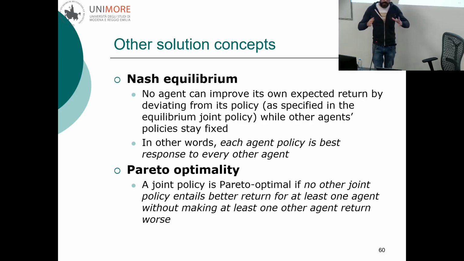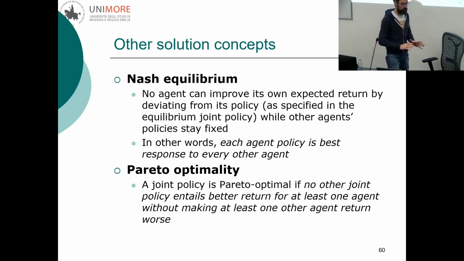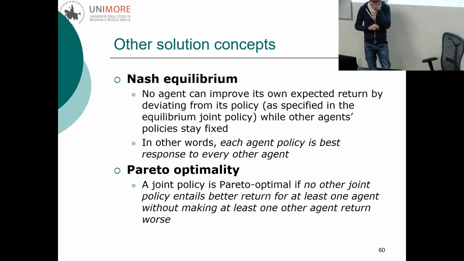I can't obtain a better return without deviating from the policy, so without changing my policy, given that the policies of other agents stay fixed. So again, before going to the next sentence, let's try to understand that. I am an agent that is learning a policy. I play against other agents. If I assume that the other agents already learned their policies, okay,